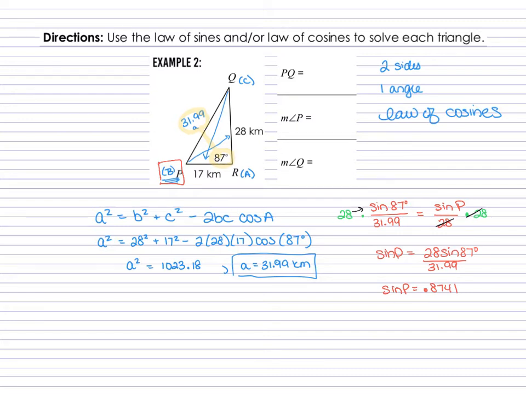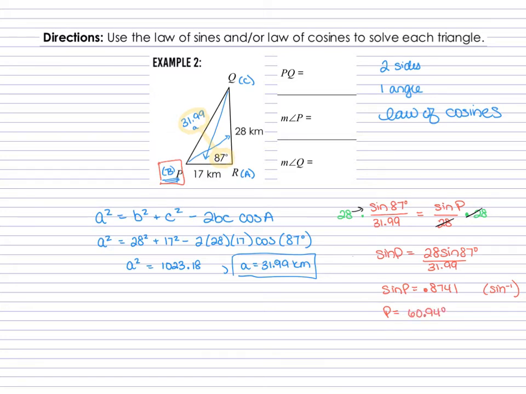Now, 0.8741 does fall between -1 and 1, so we know that so far this can work. So we're going to take the arc sine, the inverse sine, of 0.8741, meaning what is the angle whose sine is 0.8741? So P, once you do that in your calculator, comes out to be